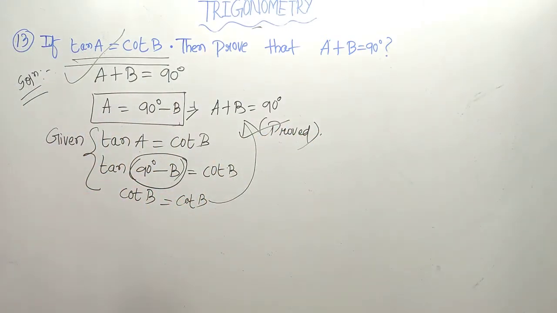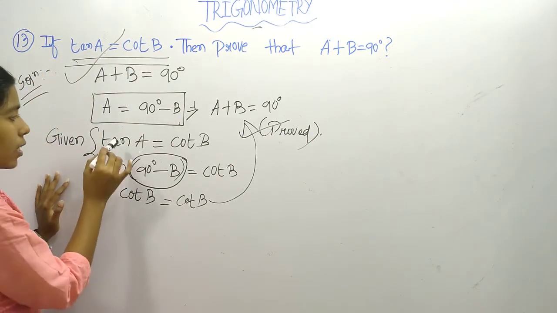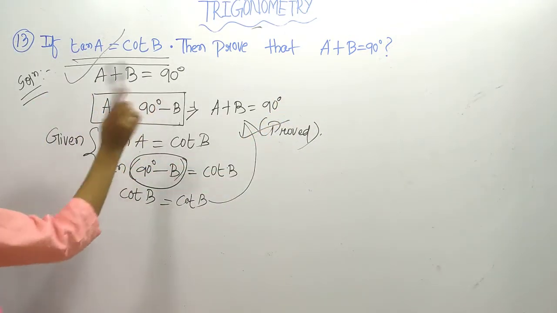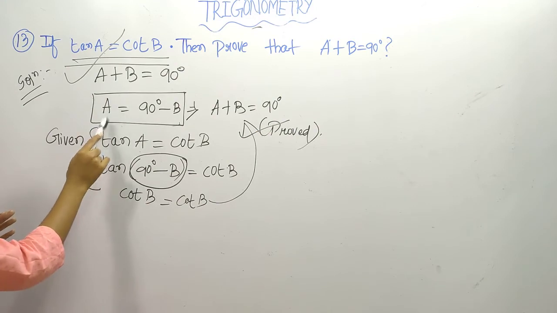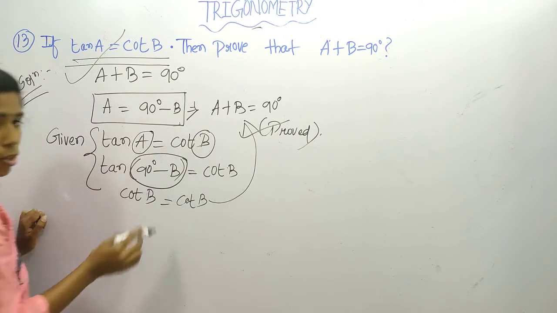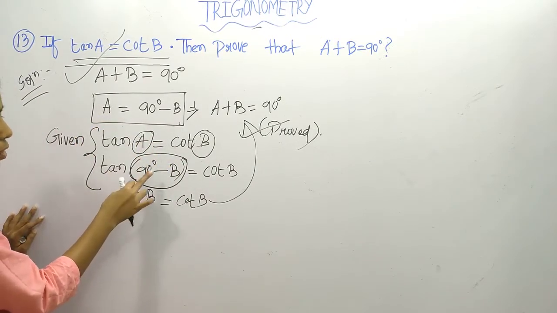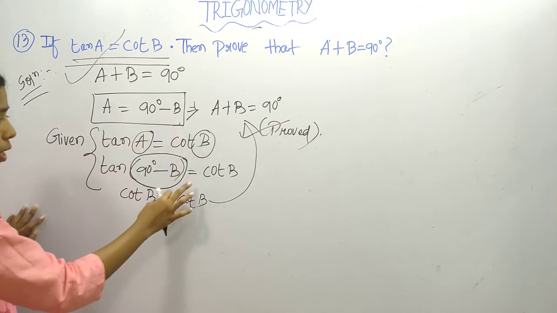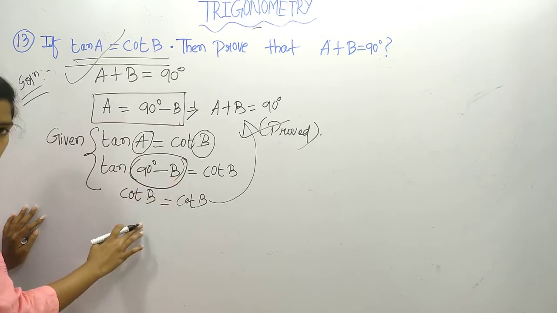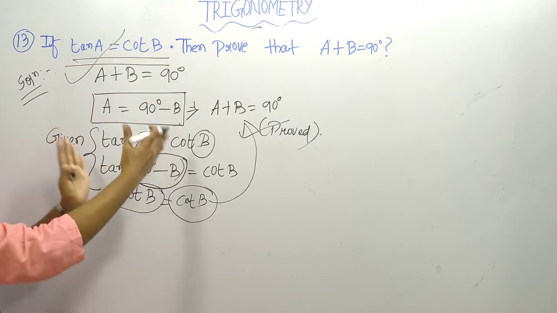Next, see here it's given if tan A equal to cot B. First we will check tan A equal to cot B. What it's given, A plus B equal to 90. We have written here A plus B 90. We have found out A value 90 minus B, because here A is there, here B is there. So why we have to bring value of A? So instead of A we have put here 90 degree minus B equals cot B. So tan 90 minus theta is cot theta. Theta means B here. So same came, cot B equals cot B. So we have proved what question is given.